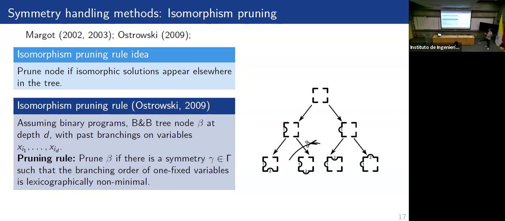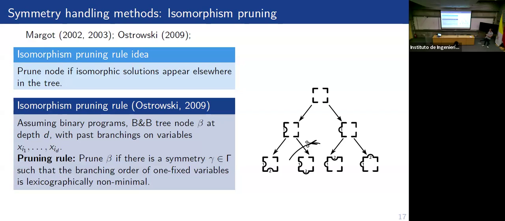So what that would mean, this is the first branching step, that's the second branching step. If this corresponds to a 1 fixing, then the set of 1 fixings in this node consists of 1 element, namely label 2. But I can rotate this puzzle piece by 1 turn, and then the element 2 gets mapped to 1, and the set 1 is lexicographically smaller than set 2. And that means that his rule is being satisfied, and we can cut off this branch and boundary.